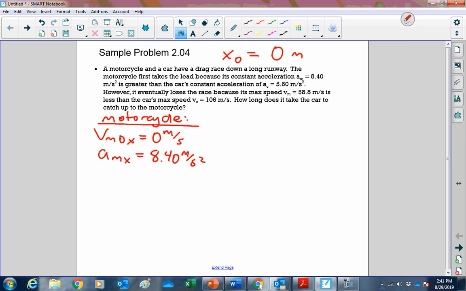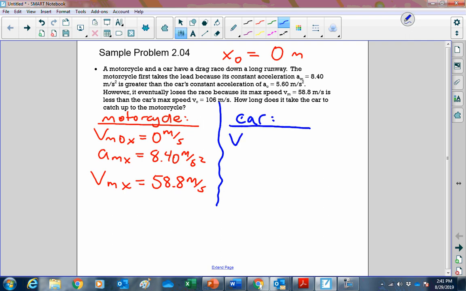to a greater speed. So I am going to write down the maximum speed of the motorcycle as v max at 58.8 meters per second. And then I'm going to treat the motion of the motorcycle in two parts in a minute. But let's write down the givens for the car. So for the car,